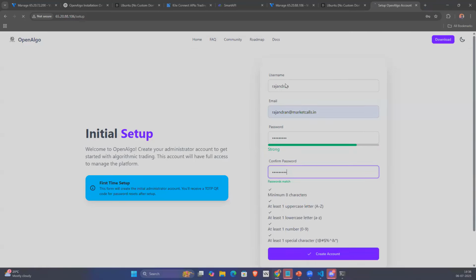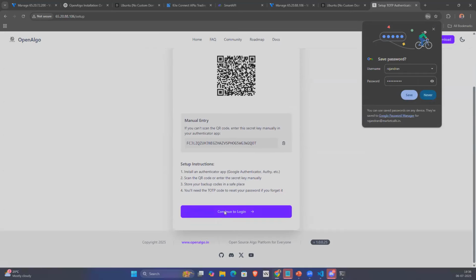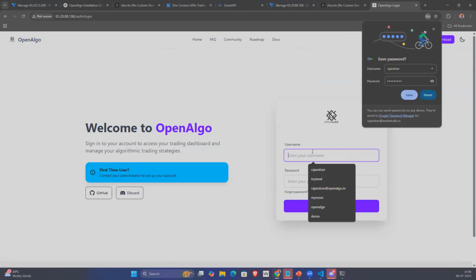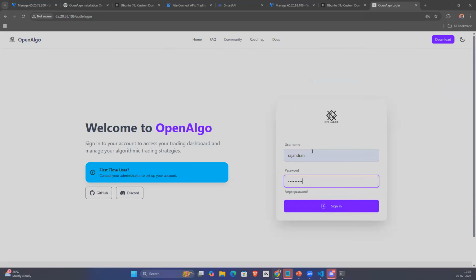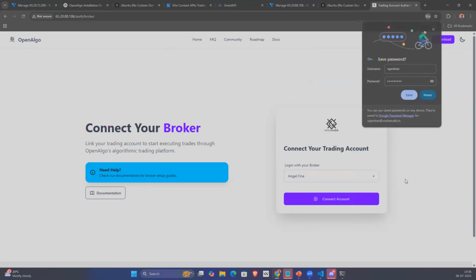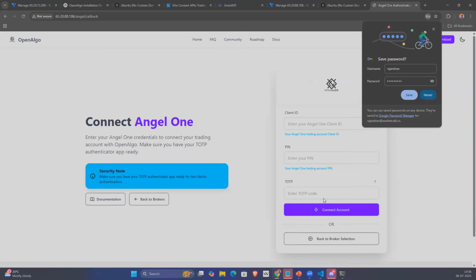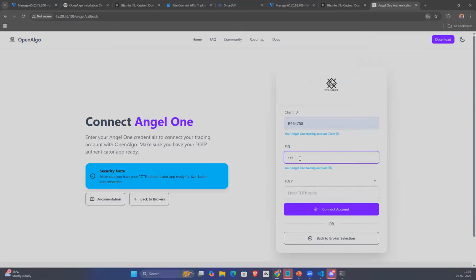So I'm going to log in for the first time. Let me enter my credentials over here. I have to enter my Angel client ID, I'll enter my PIN, and I'm going to enter the TOTP as well. So let's say the TOTP is